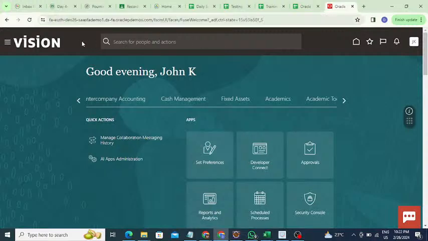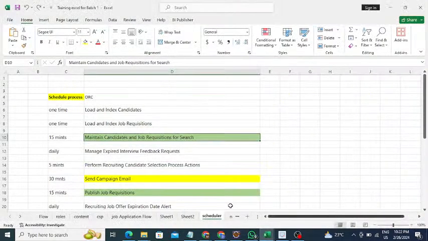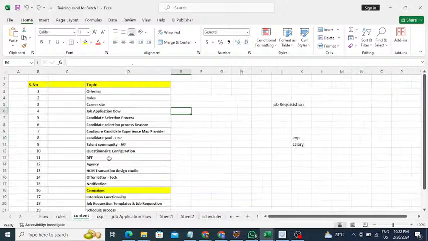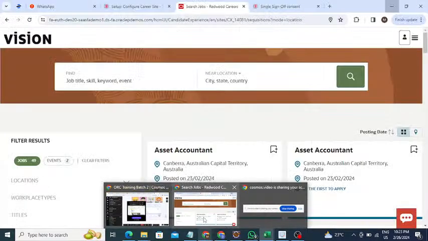Again, this flow is the same, but only a few configurations will be different based on the client. So one topic today is the job application flow, and then we will move to careers. So in the job application flow,